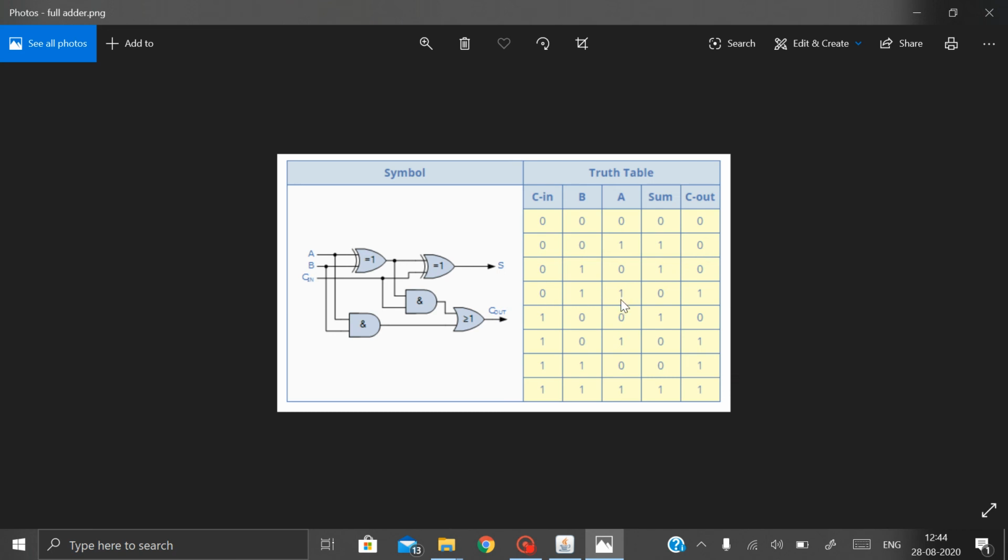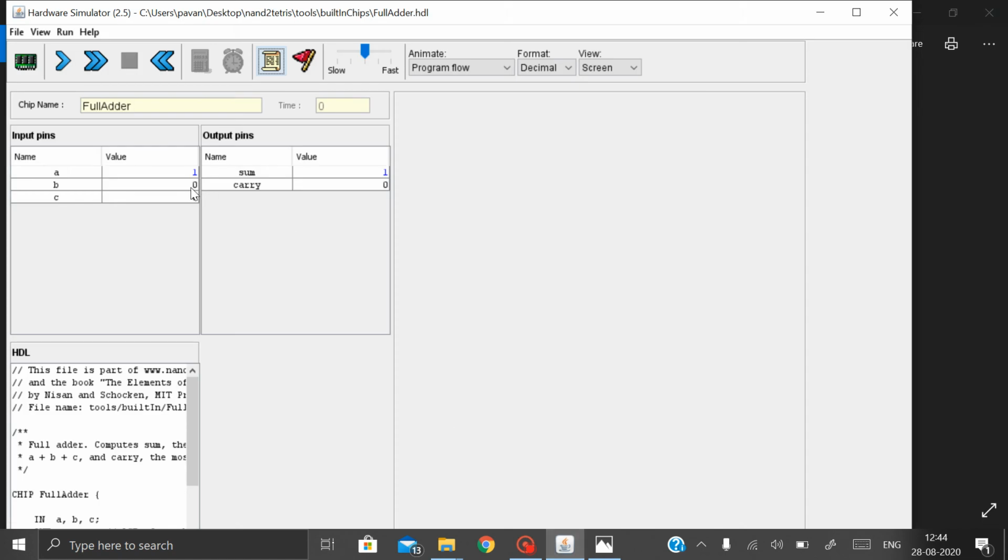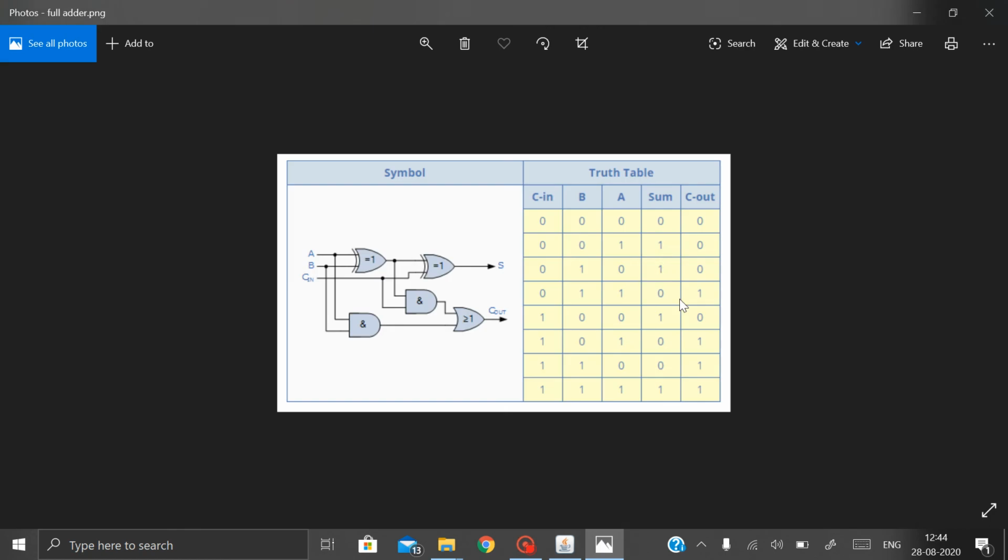Let us try another one. A and B inputs as 1 and carry input as 0. If I load all of them it will take much time, so if you want to try, you can try. You will get sum 0, carry output 1. Let us see. Sum 0, carry output 1, as I told you.